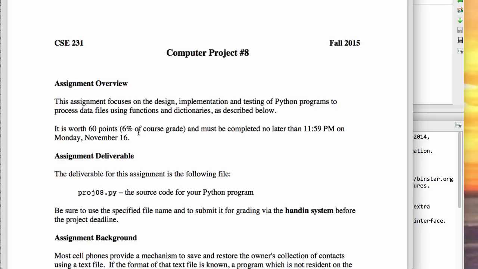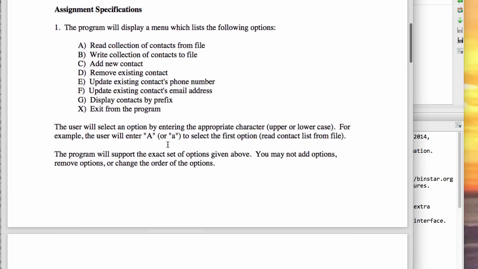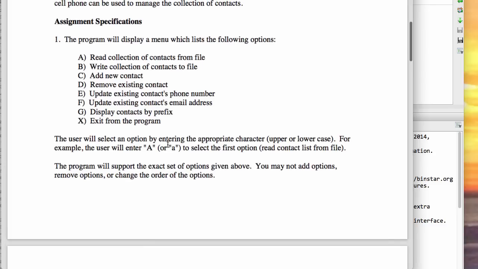Notice that we actually have 2 weeks to do this one. In fact, I think you might find it to be easier than the previous ones. So what we have here is we're working on a contacts file, such as maybe the contacts that you'd have in your phone. And we have a number of things that you might do with your phone, such as